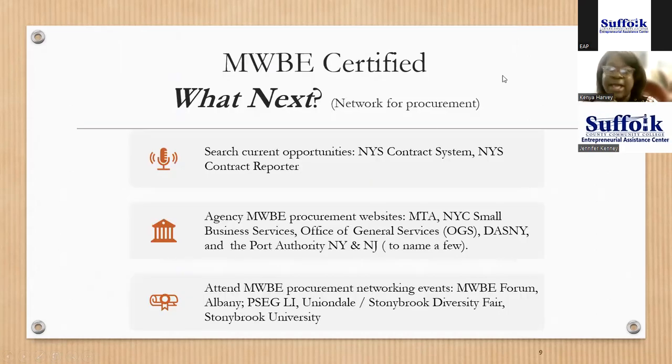So you're certified now. What next, right? So you created your capability statement. Now, what do you do? You network for procurement, right? You search for current opportunities on the New York State contract system and the New York State contract reporter. Agency MWBE procurement sites that you can also visit to look up current opportunities would be